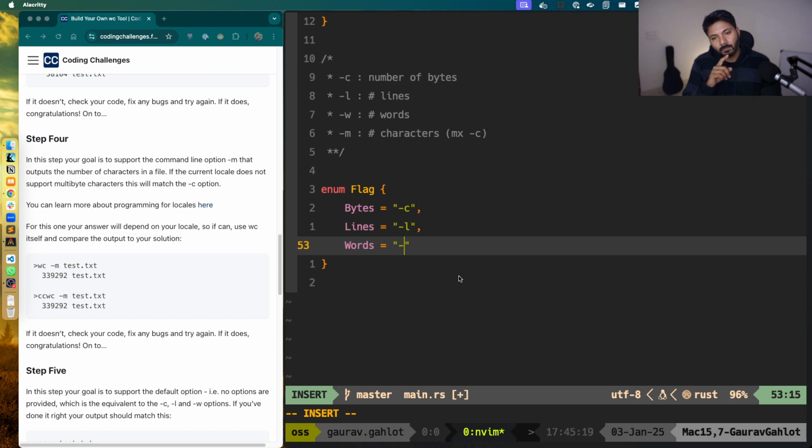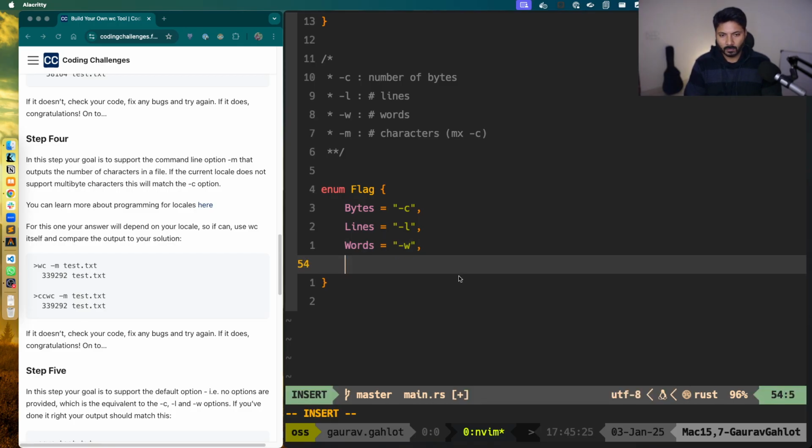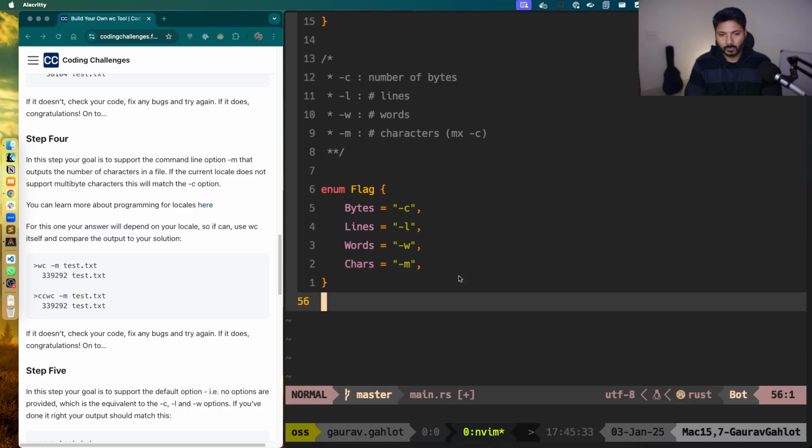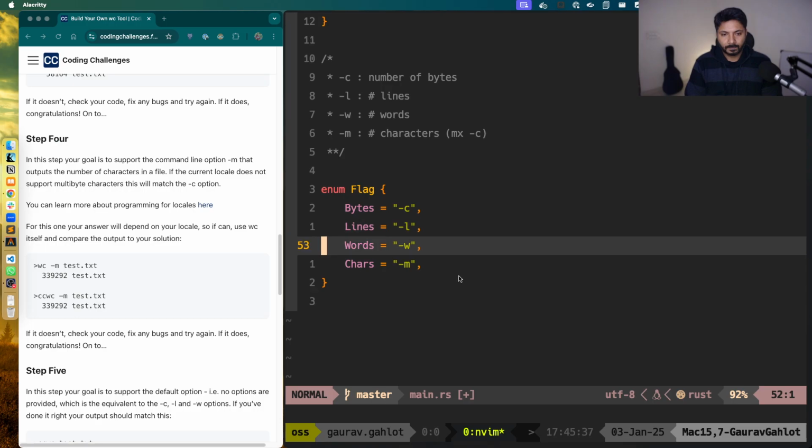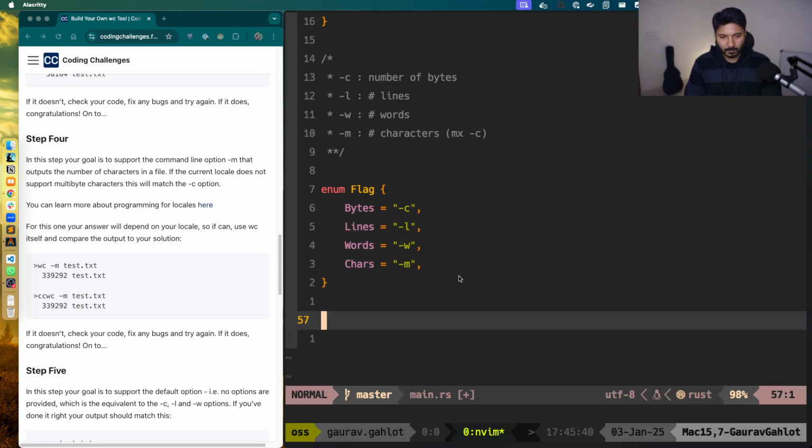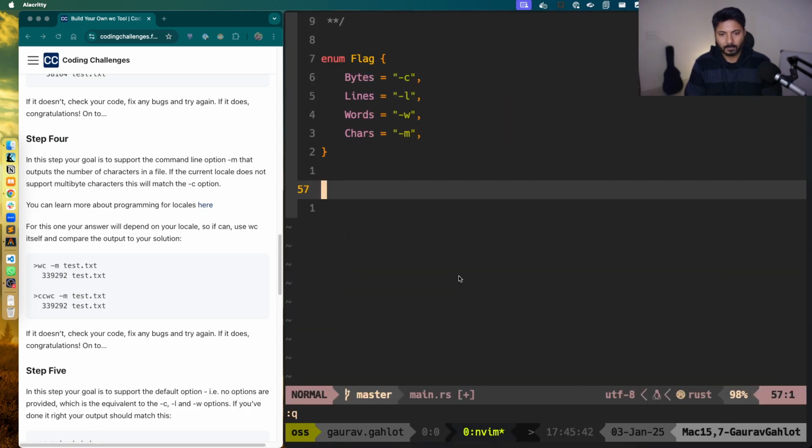There will be one problem though when we do a comparison, but let's do it afterwards. I can think of one problem, and probably I'll need to introduce one more thing. Let's introduce a function called parse flags,